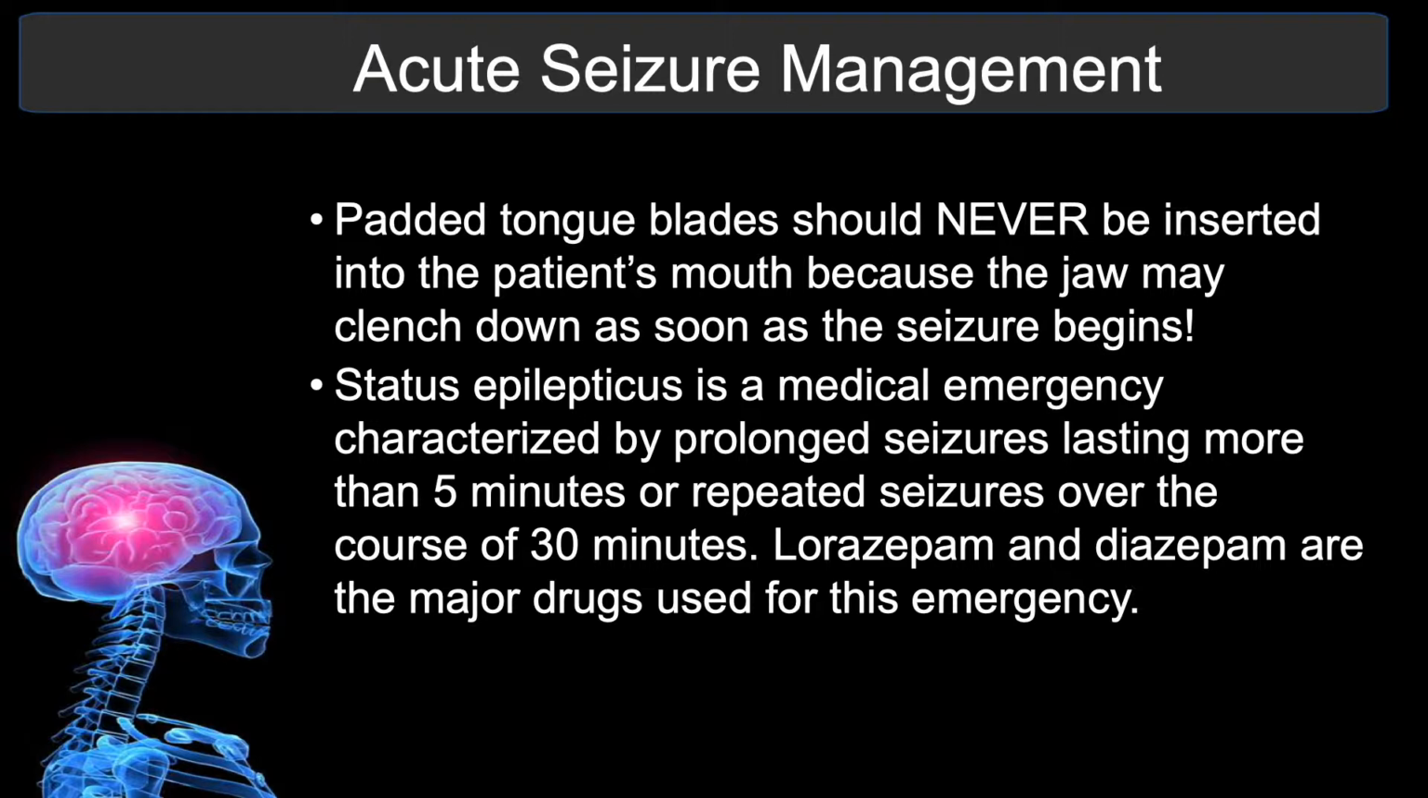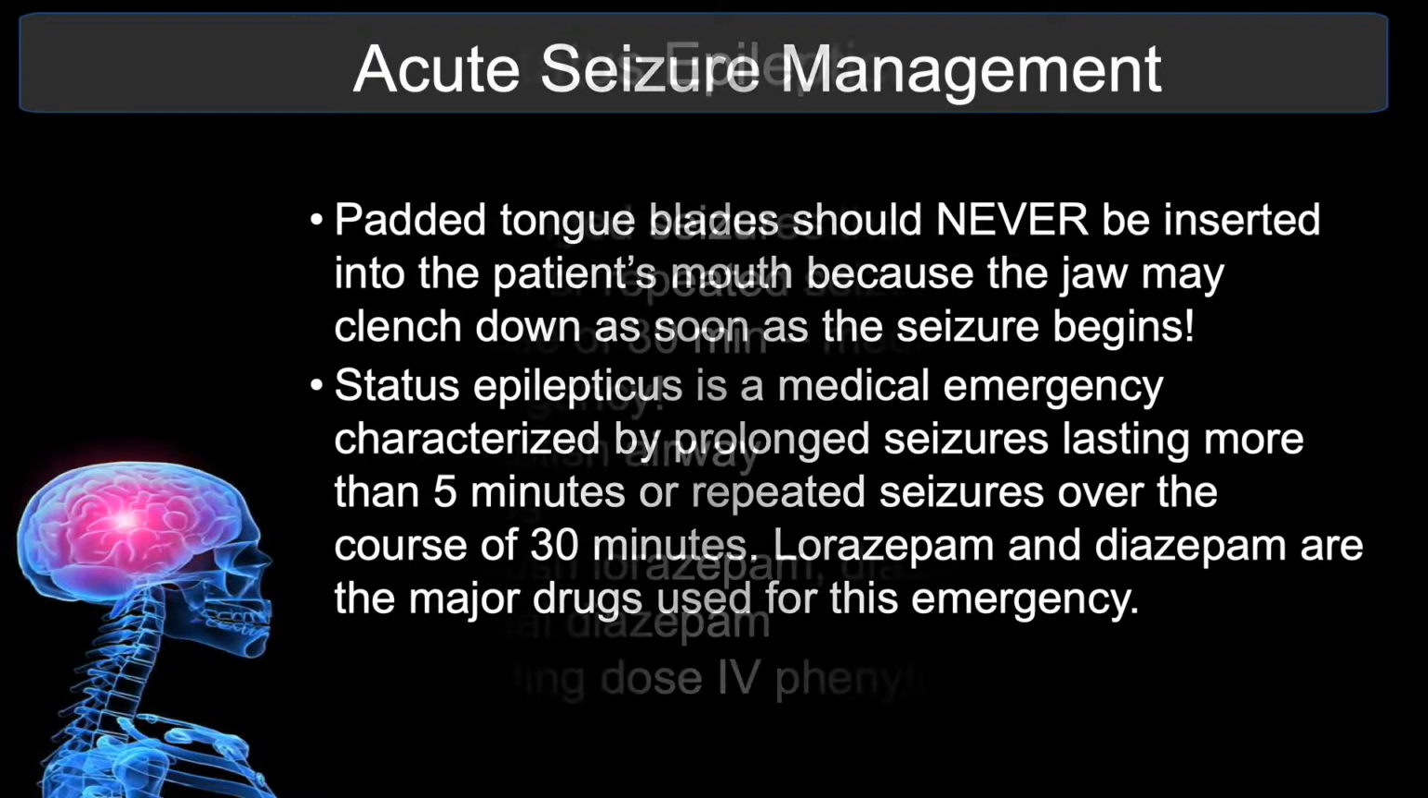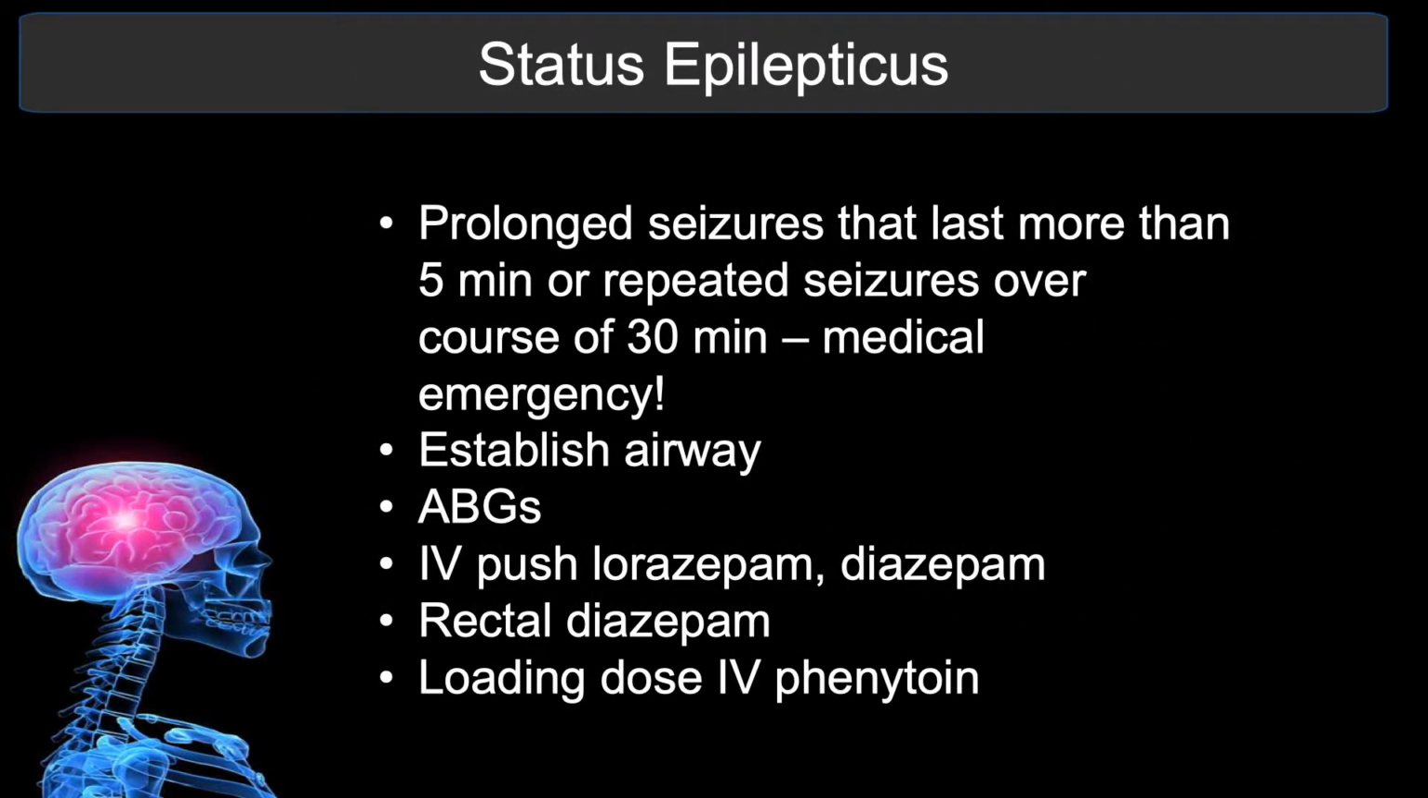the seizure begins. Remember that status epilepticus is a medical emergency characterized by prolonged seizures lasting more than 5 minutes or repeated seizures over the course of 30 minutes. Lorazepam and diazepam are the major drugs used for this emergency. As soon as it is safe, you should establish an airway, obtain arterial blood gases, give IV pushes of either lorazepam or diazepam. You can consider rectal diazepam and start considering a loading dose of IV phenytoin, one of the